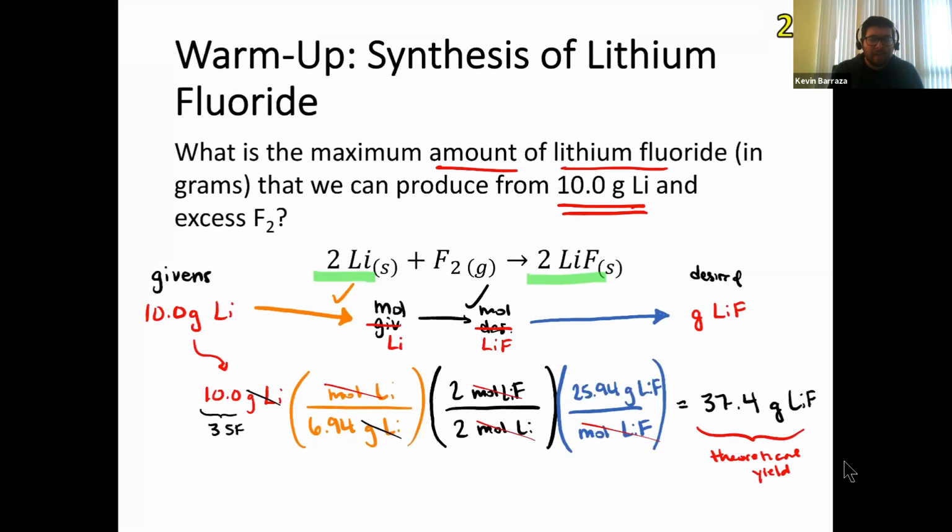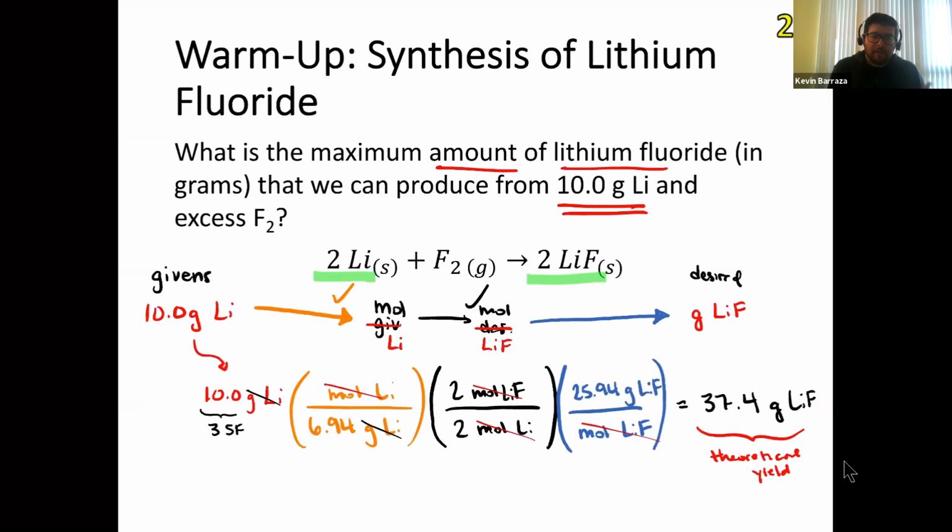So if this were a problem that involved a % yield, what we're doing right now is calculating the theoretical yield. So if I react 10 grams of lithium, I should make 37.4 grams of LiF. So it's fairly straightforward, but this kind of question isn't really necessarily what happens every single time in the real